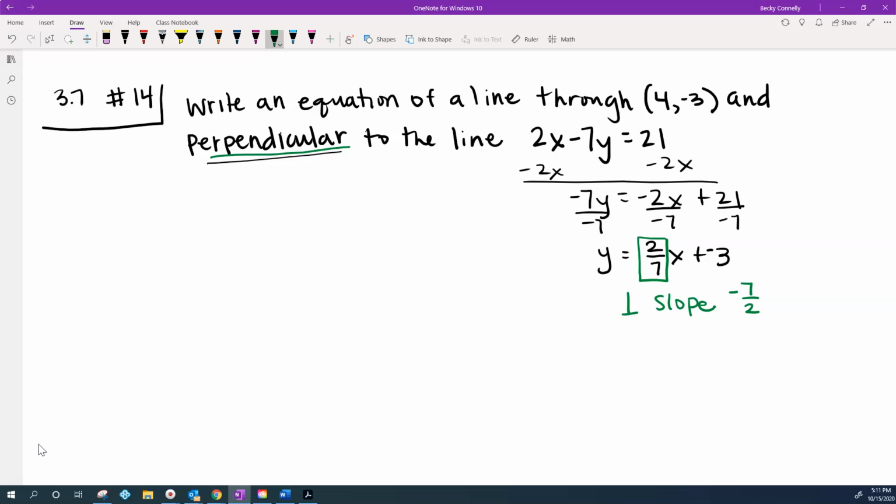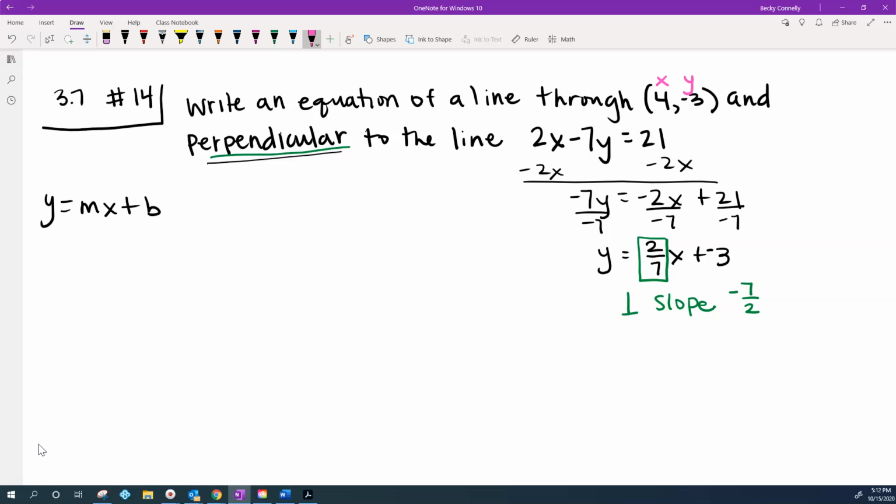All right, so I'm going to be using this slope, and then I need to use this point. Now there's two different ways that you can do this next part, and I'll show both ways in case one way makes more sense to you than the other. But remember I said you need the slope and you need the y-intercept. So if you go back to the y = mx + b equation here, and we call this